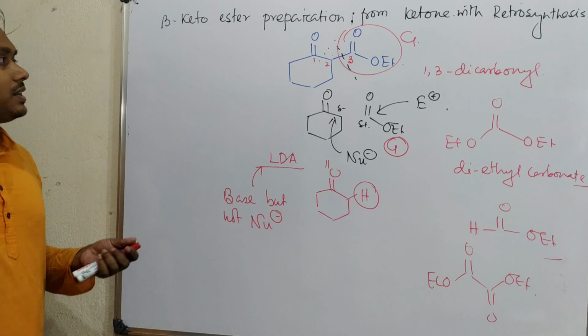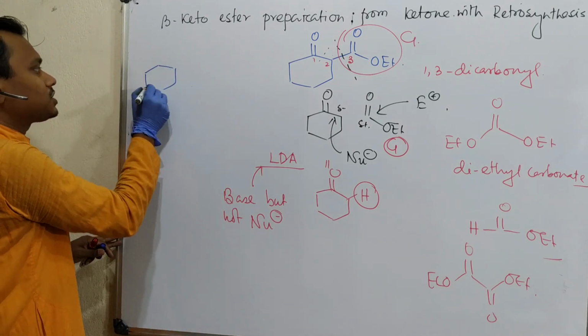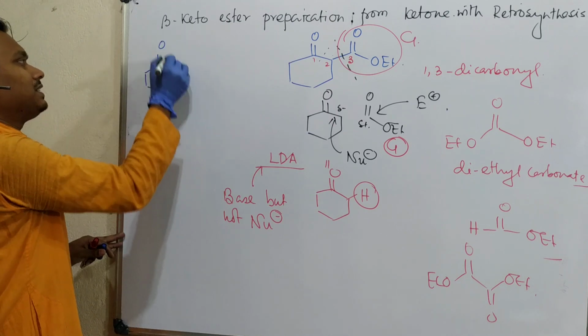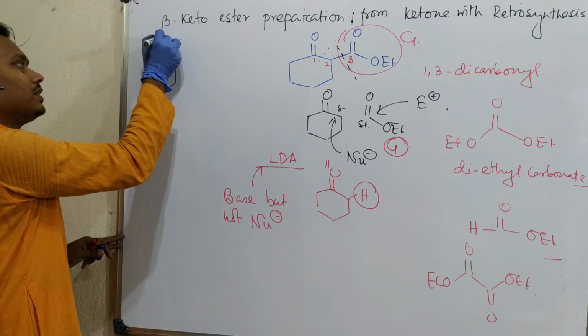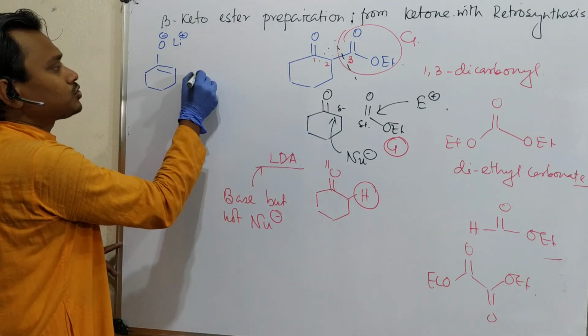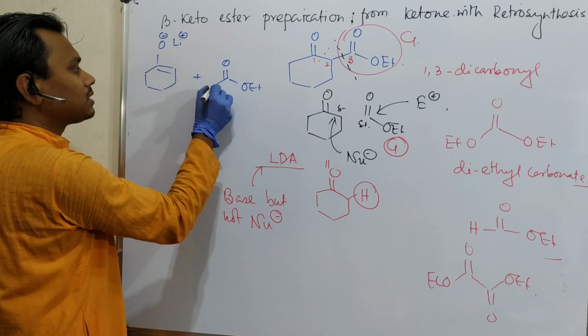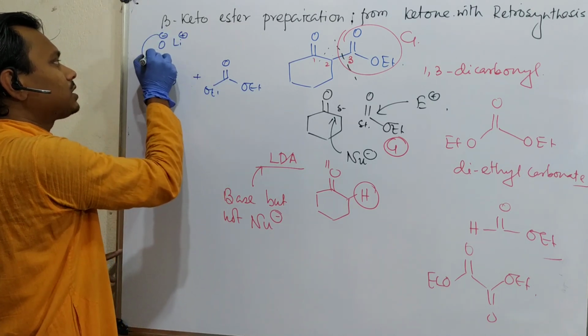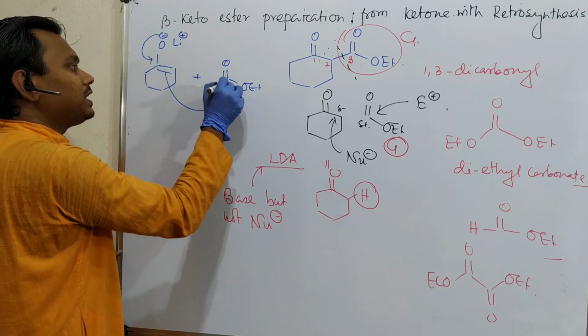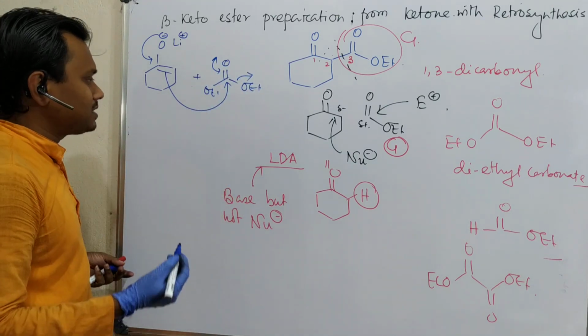If you take the corresponding anion and diethyl carbonate, how is the reaction expected to occur? So I am taking the enolate, that is the LDA enolate, and you react with corresponding diethyl carbonate. Then what is expected? It will come here, push, and it will attack, and it will open up in this way. Ester will leave. Simple reaction. This mechanism you all know.